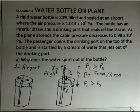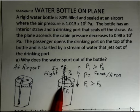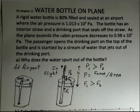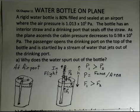Pressure is represented by force divided by area. Well, let's take the straw and the drinking port to be the same area. And we have a situation then, because pressure 1 is greater, force 1 is going to be greater. The force inside this straw on some blob of water, let's say right here at the water level, force 1 upward is going to be greater than the force 2 that's going downward. Force 2 being the force that derives from the pressure number 2 inside the cabin of the airplane. So we have more force going upward than we have downward, and we get a spurting